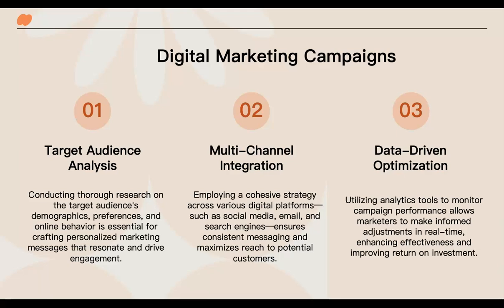Now, the next thing you want to do is you want to use data. So you can guess, for instance, that your ideal customers follow a particular Twitch streamer, but the best thing is to actually know that for sure. And that's where data comes in. Today's marketers have access to a huge amount of data, which is just information, often with numbers attached. So you can see, for instance, how many people opened your last email that you sent out with a discount, and you can compare that to all of the other emails you sent out and look for patterns, like is it better to send stuff in the morning or the afternoon?